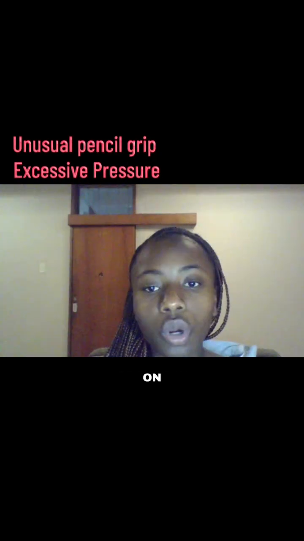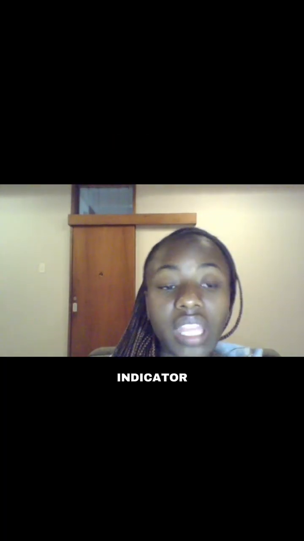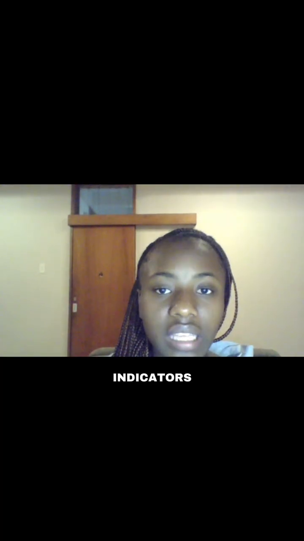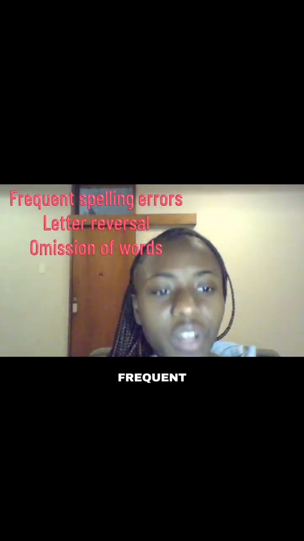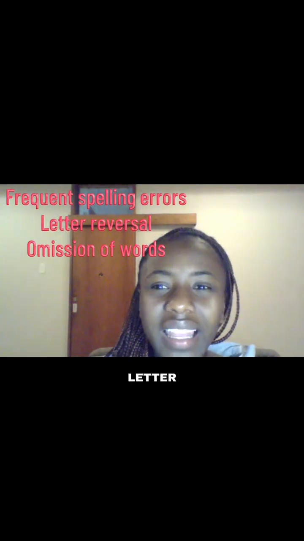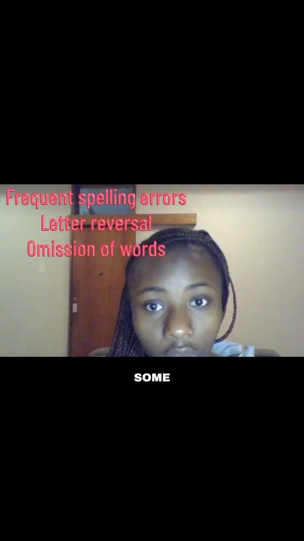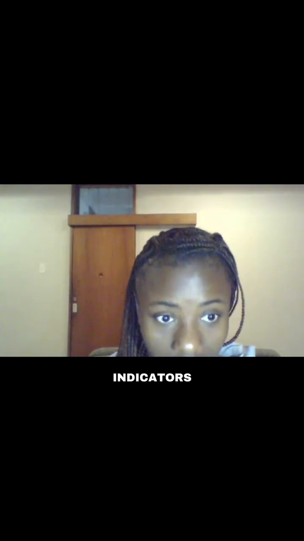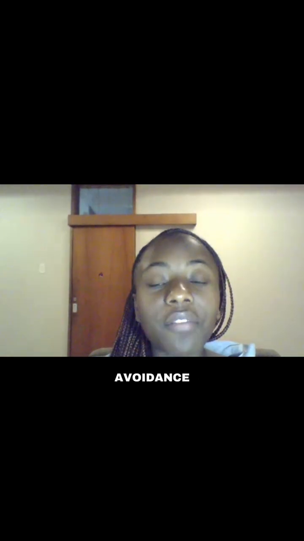So we will look at the second indicator of dysgraphia. We have cognitive and language based indicators, which is frequent spelling errors, letter reversals, or omission of certain words. And then we have behavioral and emotional indicators, which is avoidance of writing tasks, or you can have frustration or anxiety around written assignments. So now we are going to look at